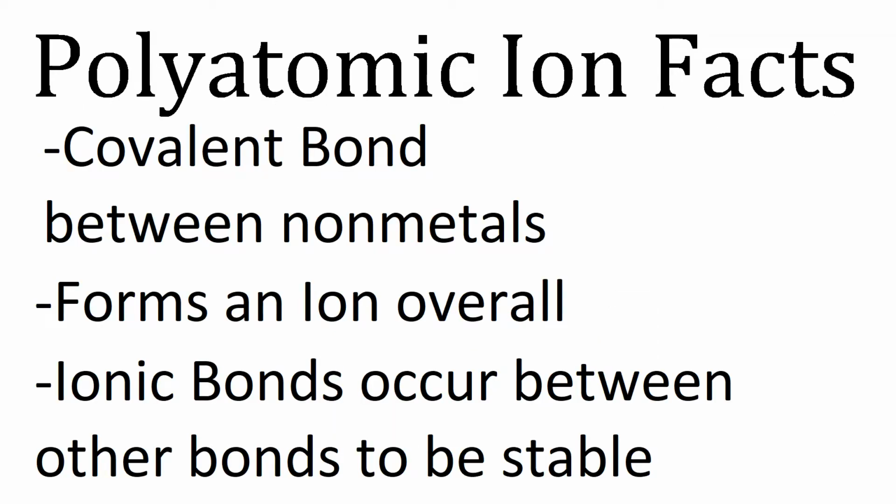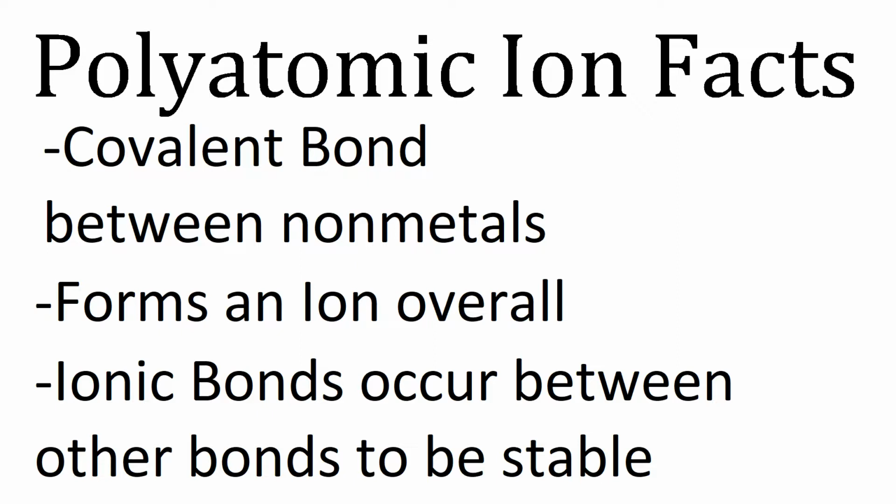Now, the first thing you must know is what a polyatomic ion is: it is a covalent bond between nonmetals that forms an ion overall. Polyatomic means multiple atoms, and the ion refers to the multiple-atom bond, but they don't make a balanced, neutral compound like NaCl would. They bond covalently, which is how you usually have nonmetals in covalent bonds, and they form an ion overall,